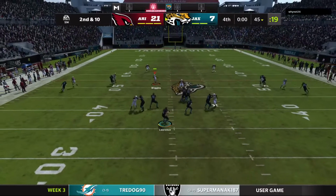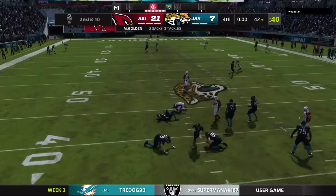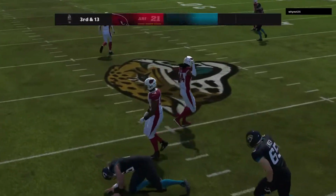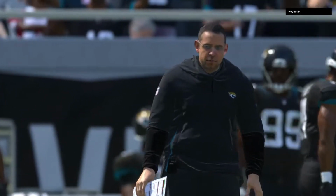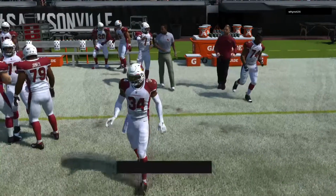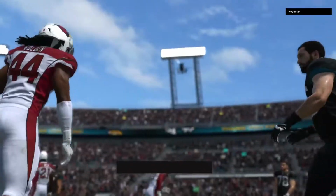A final shot now for Lawrence. And the pressure gets to Lawrence, and he'll go down. So it's a win here for the Arizona Cardinals, and they were really helped by their defense, forcing 3 turnovers. I think what we saw in this one, today's defense, and what I mean by that